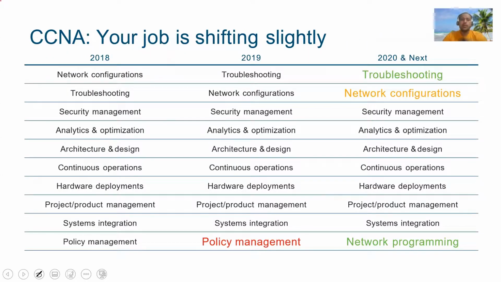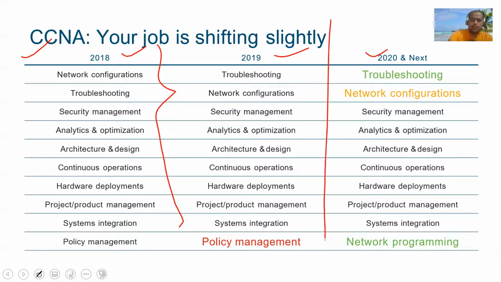Okay, great. Now you can see the CCNA job role. So 2018 and below, and you can think of this as a range of 3 to 4 years. I have given 18, 19, and 20, but this is the futuristic scope of CCNA, and you can think in a realm of 3 to 4 years. So from 2020 till 2025 or 2024, what will be the expectation from a CCNA engineer?